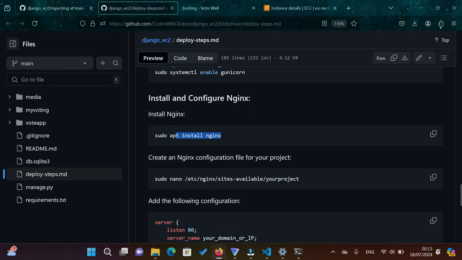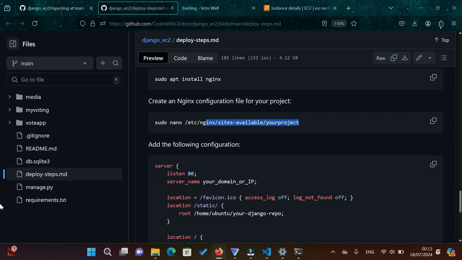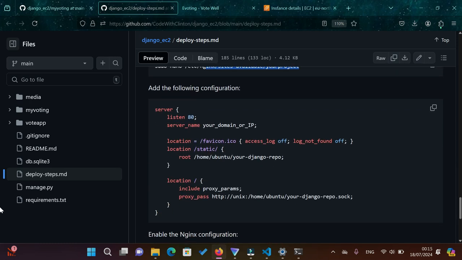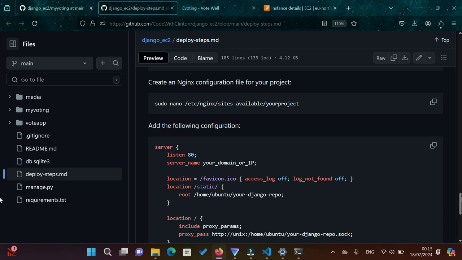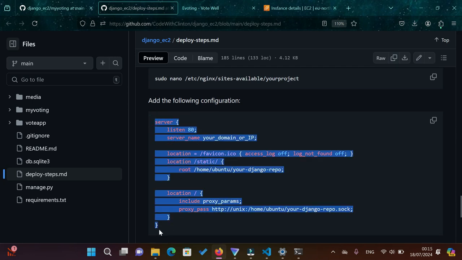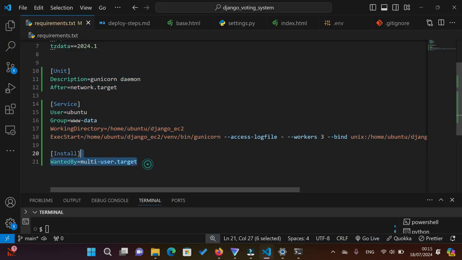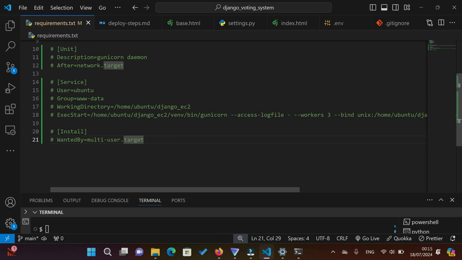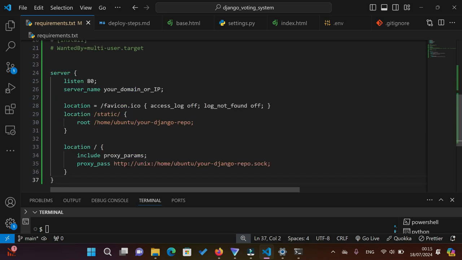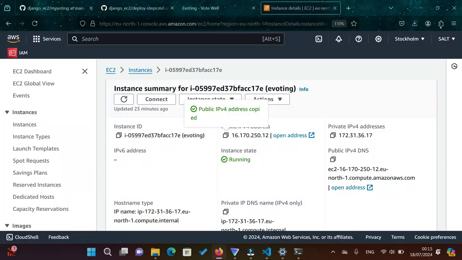I'm going to create an Nginx configuration file for our project. Sudo nano. Okay. Before we run this command, we are meant to paste in this content into this file we want to create. So let's copy the content first and go and update it, because we are meant to make some changes to it. Copy it, go down to your project, let's comment this one out, and then let's just paste the new one. So you see server name, your server name is pointing to your IP address, but you use your IP here, copy, and over here,